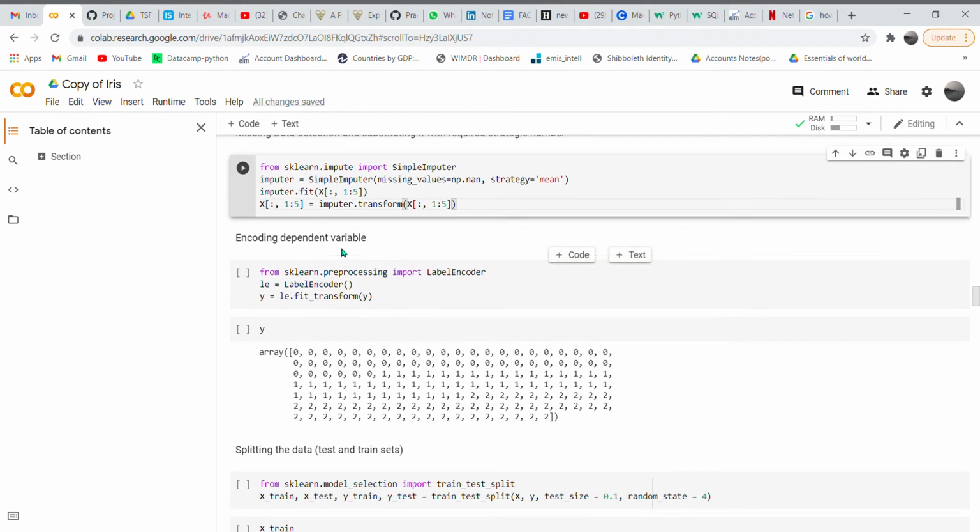We'll go to the next step, encoding the dependent variable. Here we can see the dependent variable is Iris setosa. All are in word format, that is categorical type. We have to encode it for better output.